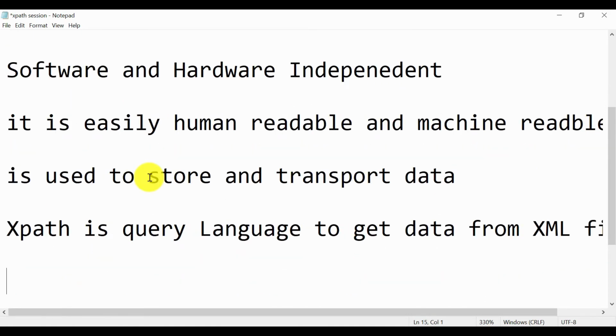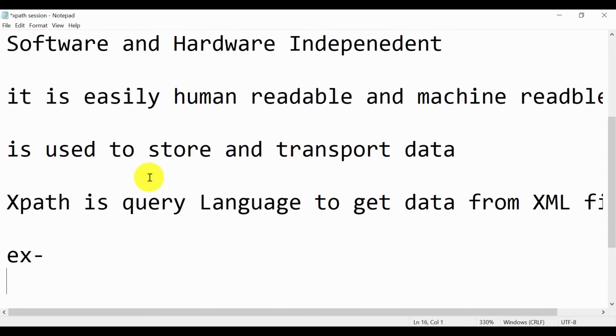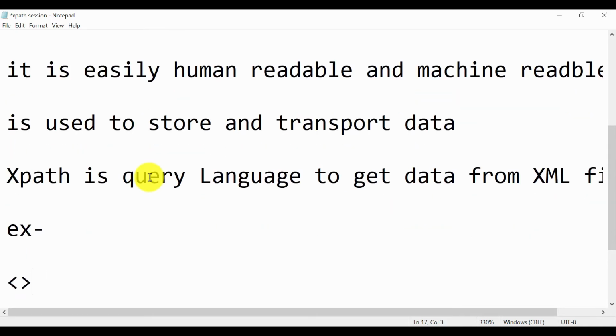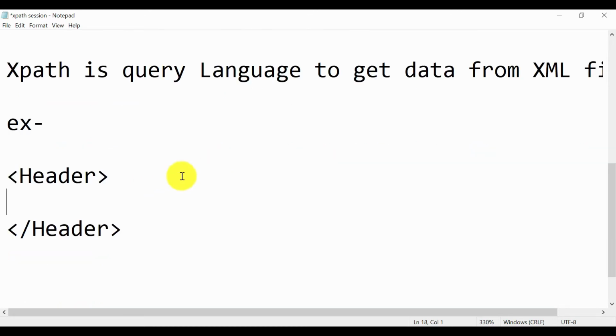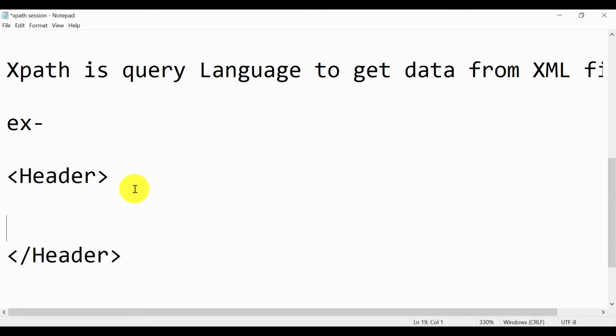For example, let me show how we store data in XML. An XML file will contain different nodes. It will have a starting node, let's say header, and an ending node for the header. In between these two nodes you can write any kind of data, and it can be processed by the machine very easily, and it's very easy for humans to understand too.